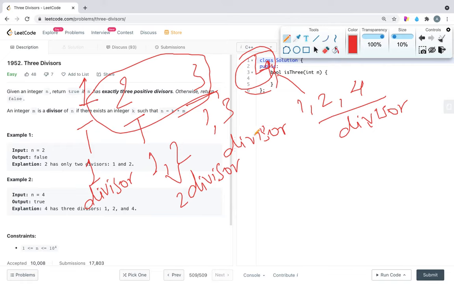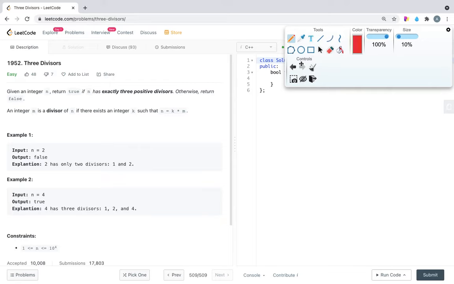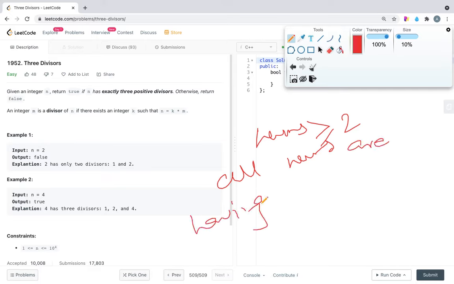So now what we can do is, for numbers greater than or equal to 2, all numbers have at least 2 divisors, that is 1 and itself.